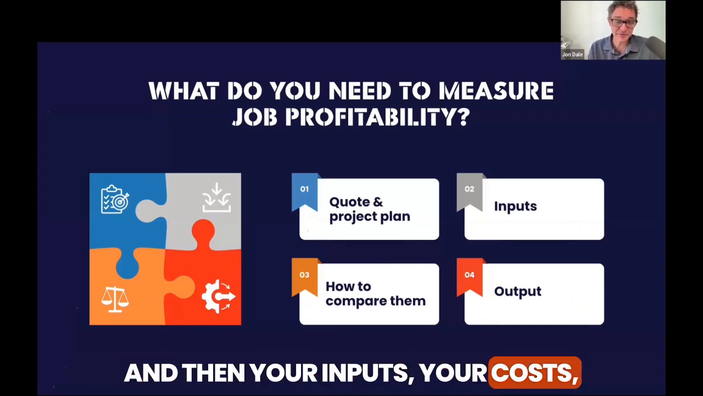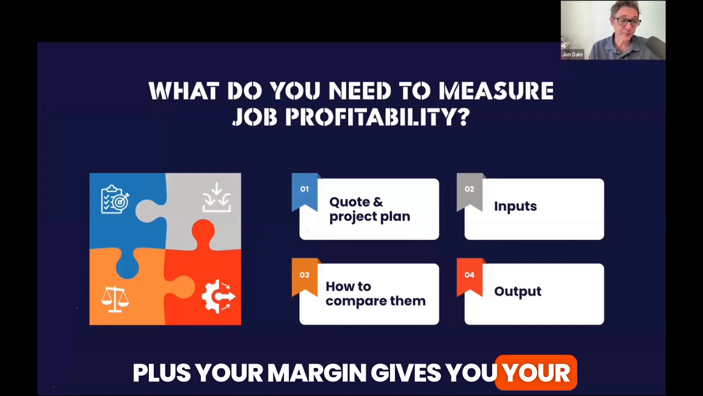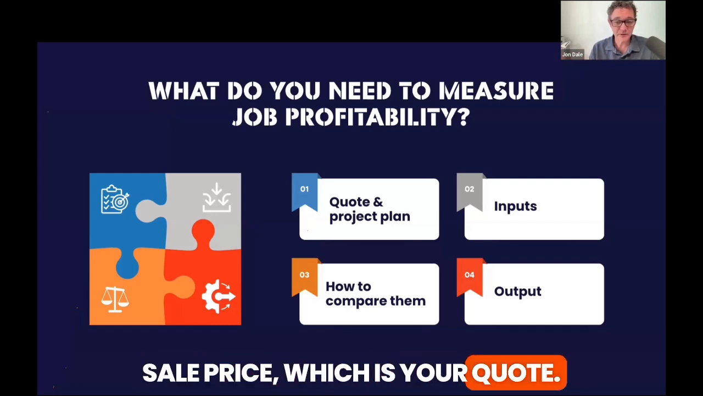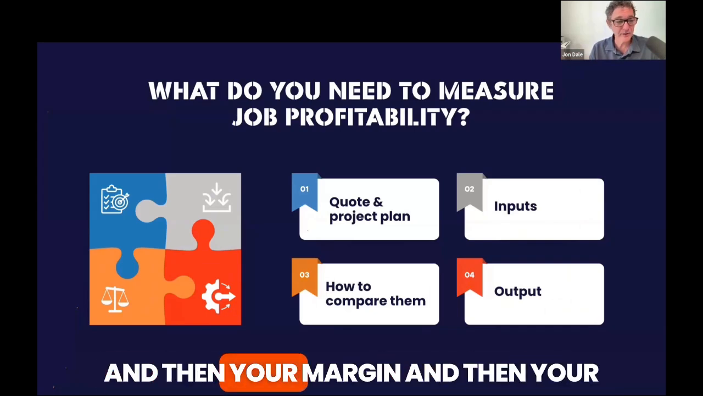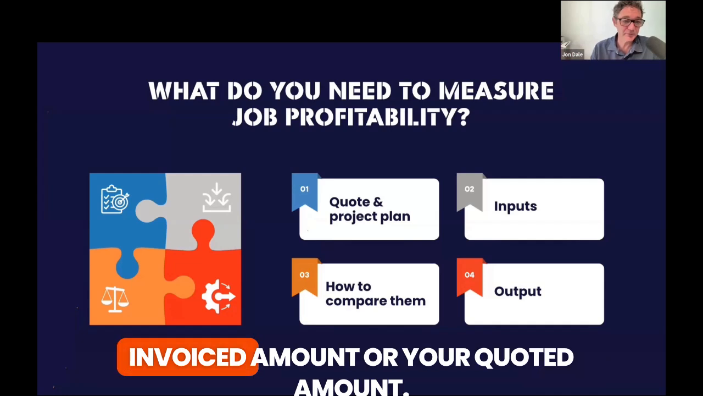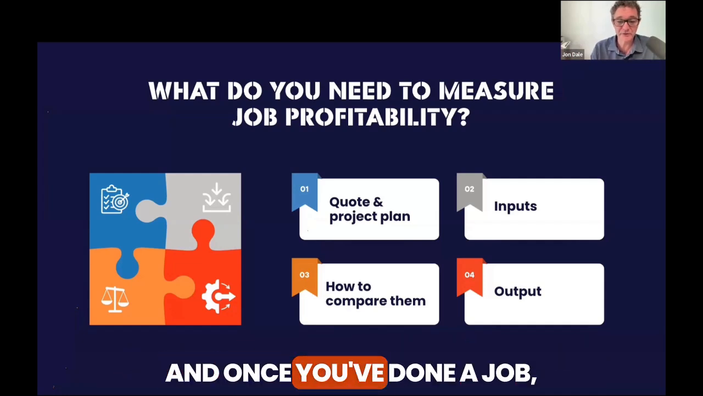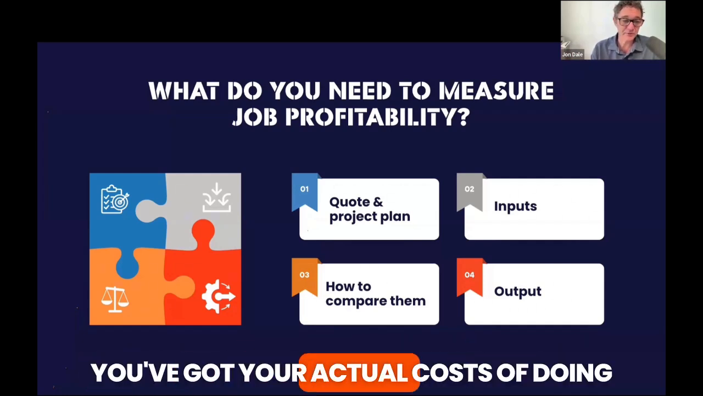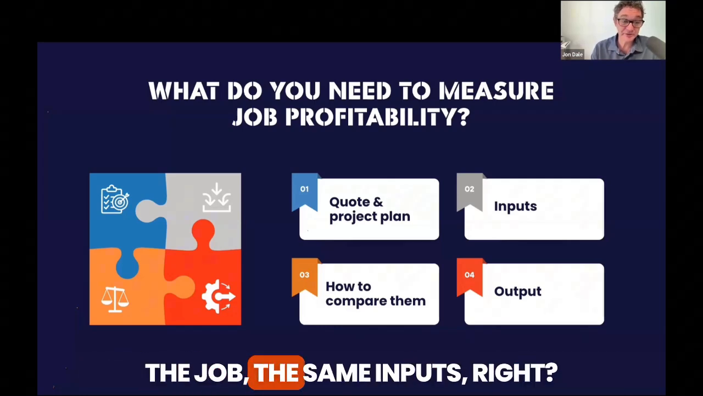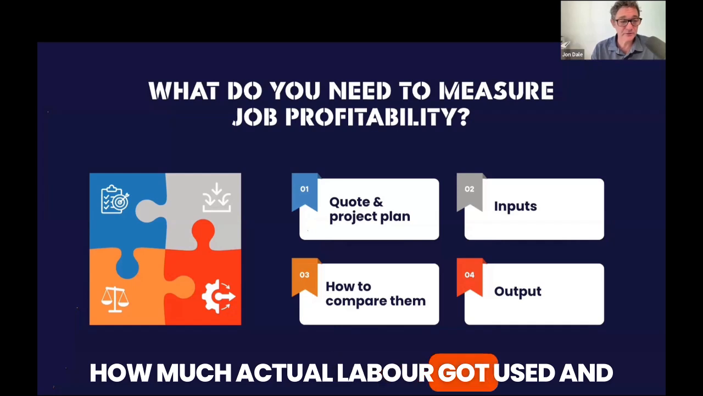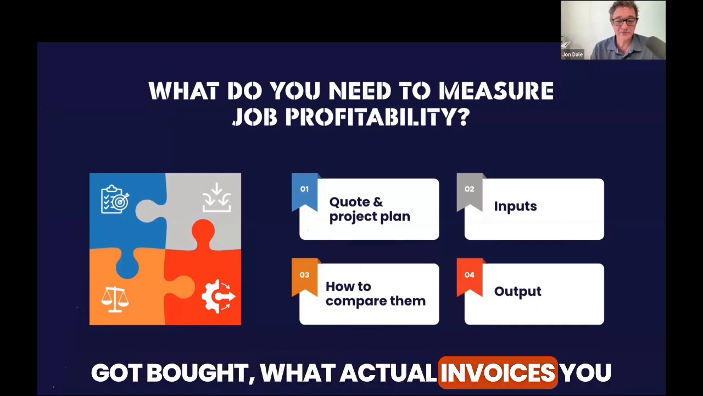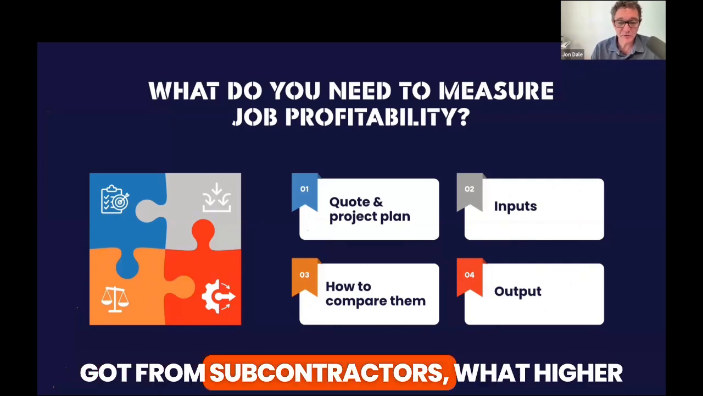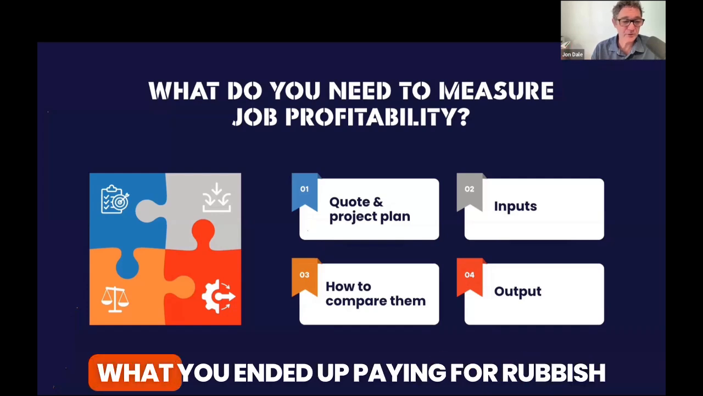And then your inputs, your costs, plus your margin gives you your sale price, which is your quote. You could call this, if you want, your predicted costs of doing the job, and then your margin, and then your invoiced amount or your quoted amount. And once you've done a job, you've got your actual costs of doing the job. The same inputs, right? How much actual labor got used and paid for, how much actual materials got bought, what actual invoices you got from subcontractors, what hire equipment you ended up using, and what you ended up paying for